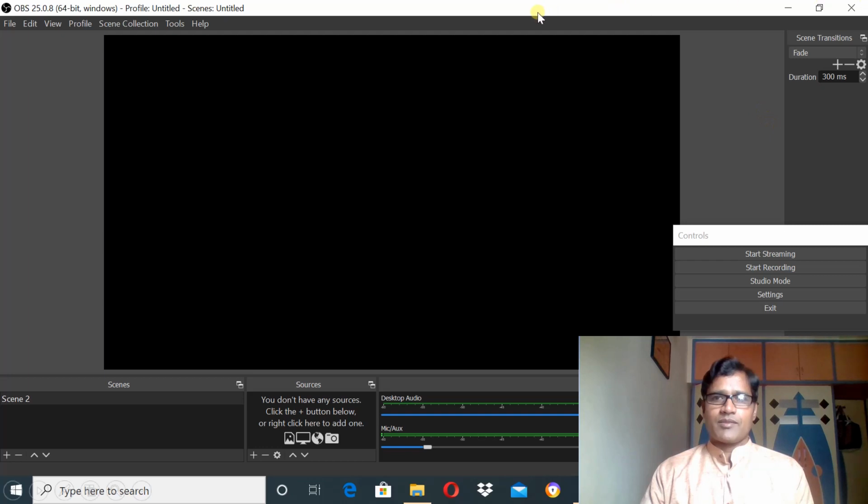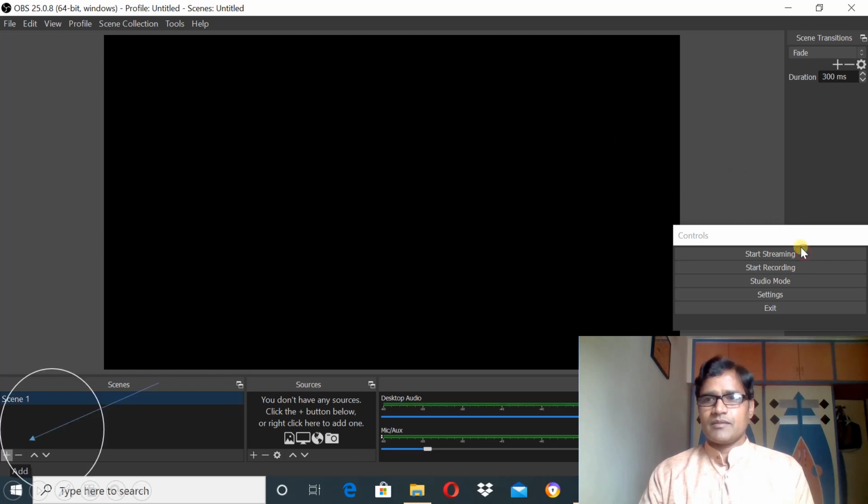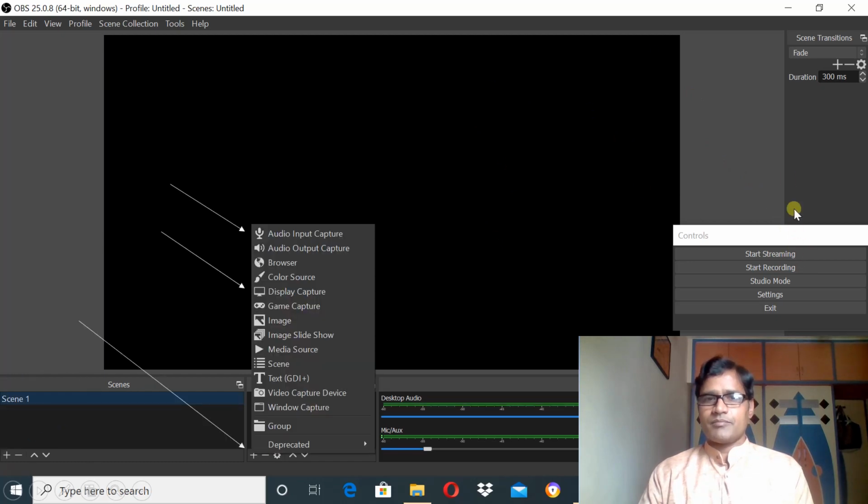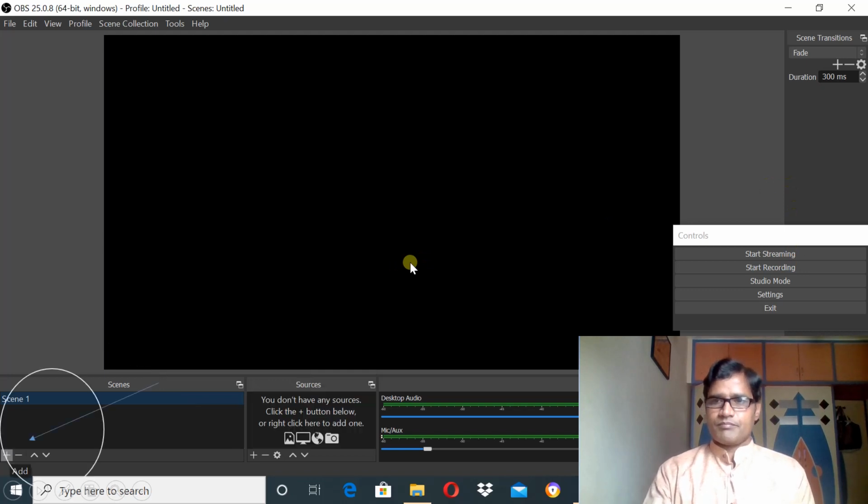This is how the software looks, the first home screen appears. You can see various parts of this window. You will find some menus and commands over here. Now first see this arrow.